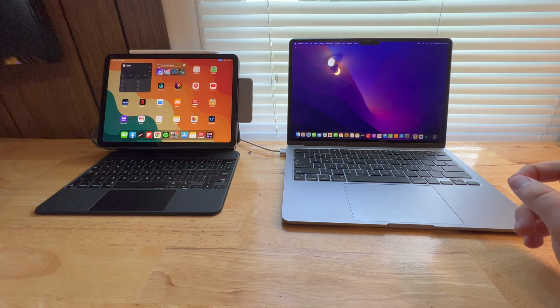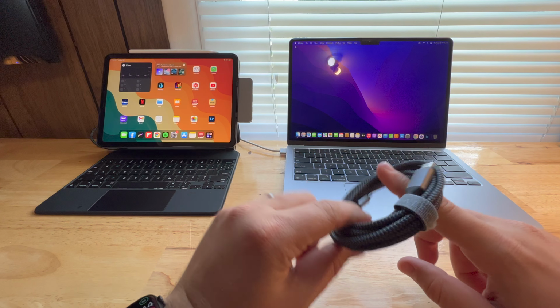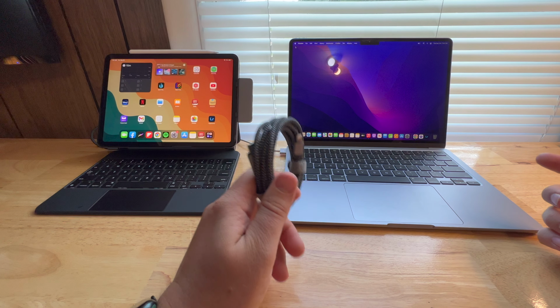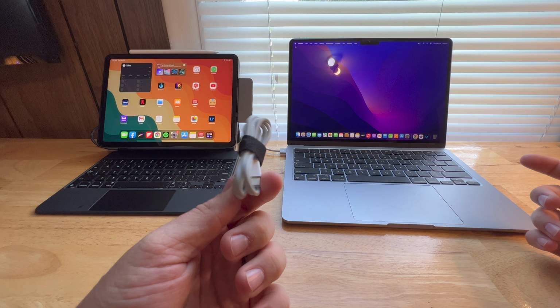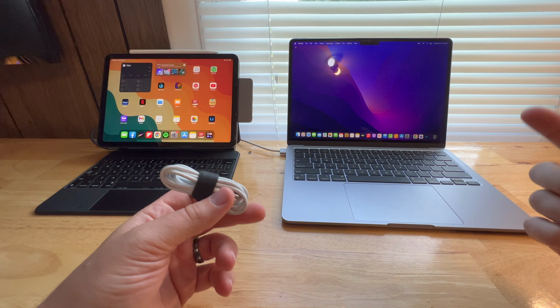On the cable situation, I also have a 6-foot Lightning to USB-C cable. I basically just keep this because I still have iPhones in my bag. So you can just have that with you, or you don't need to use it at all. That can just stay in your bag. And I also have a smaller USB-A to USB-C cable, mainly because for